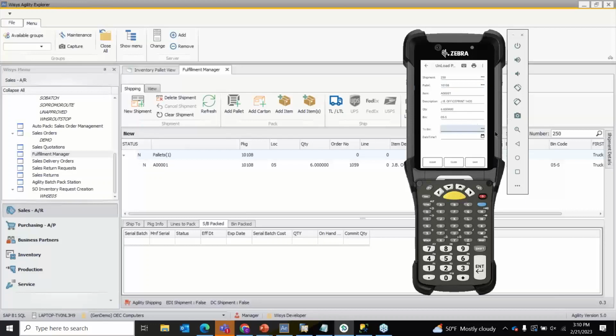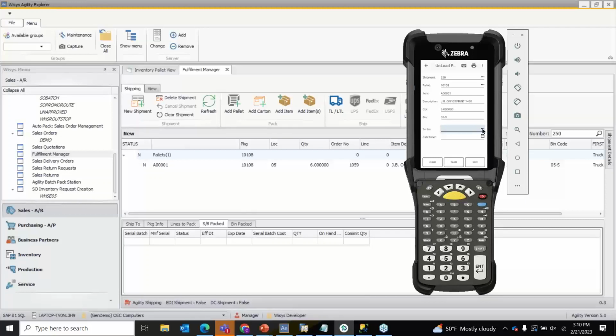Now I'm going to select the bin I'm going to move it to. So in this case, again, with retracing our steps, before what we did was we took a pallet that was sitting in inventory, we added it to a shipment, which transferred it to our staging bin. And then from there, we were able to create that shipment as well. So we created shipment 250 and we transferred the pallet to the shipment and to the shipment bin. So what we're doing here is we're retracing our steps, deleting the shipment, transferring the pallet to a new bin, and then removing the pallet from the shipment as well. So the shipment will